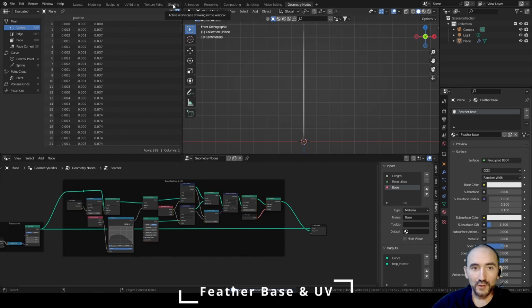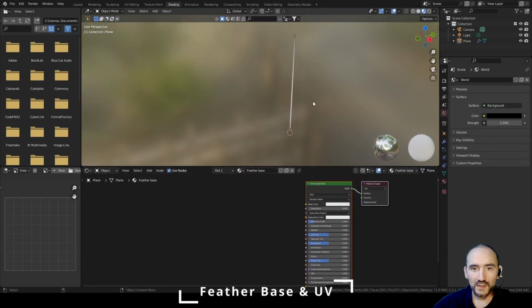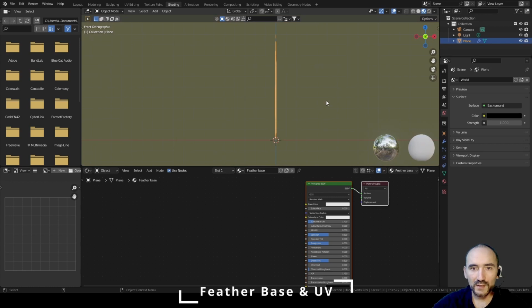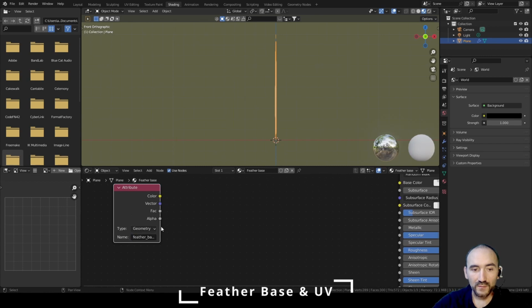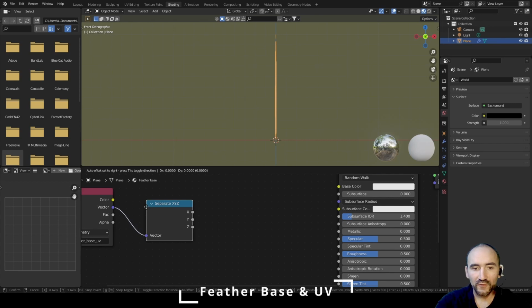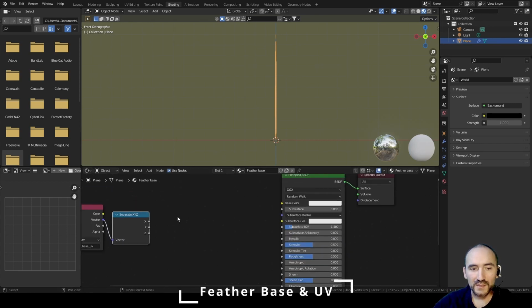Now we can go in the shading editor. You can see this shape here. Press 1 and we can import an attribute node and set here the feather base UV, where we have stored the x and y information of this shape. We can separate, for example, this vector in x, y, and z, and use the x-axis, for example, in a wave texture. Using the x bands, we can set